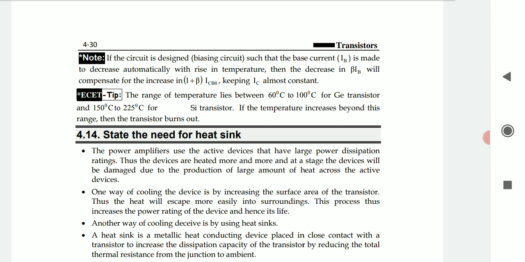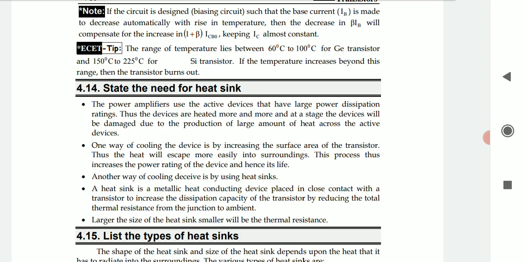If reverse voltage increases, what will happen? Temperature at the junction increases. Due to this, minority charge carriers increase. Due to this, leakage current increases. If leakage current goes on increasing, the junction gets damaged. This phenomenon is called breakdown, as we already discussed in the earlier unit on semiconductors. So the same phenomenon here. In order not to damage the transistor, we are using a heat sink. This is the need of the heat sink.